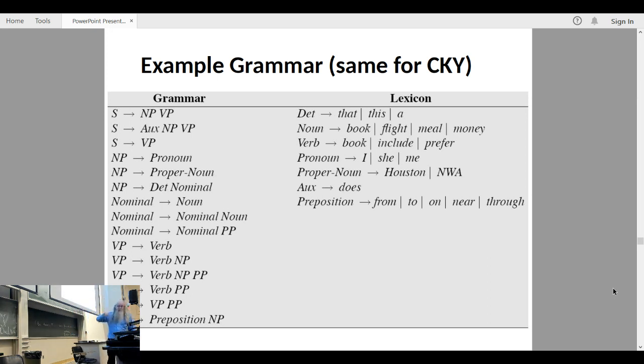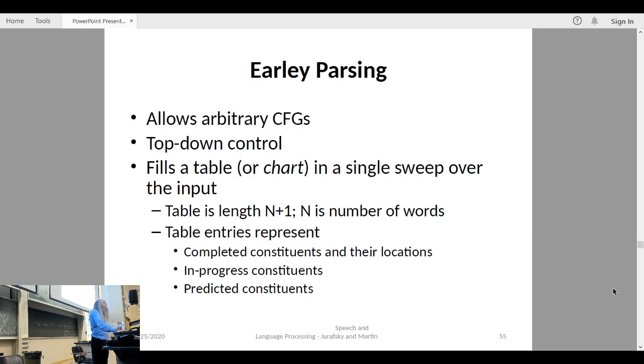And this algorithm is still used, rather interestingly, even 50 years later. So if we've got the same grammar as what we've been doing before, it allows arbitrary, even contradictory, grammars. You can have top-down or bottom-up. You can do both of those. It's not really a problem. Again, it fills in a table. This is typically called a chart. Earley's algorithm is also called chart parsing,